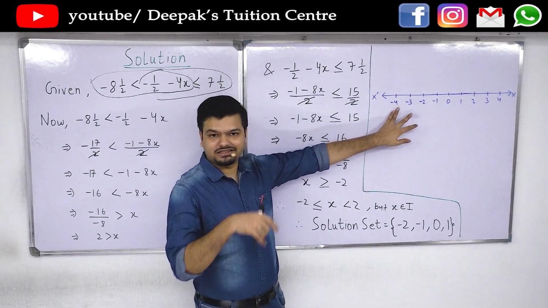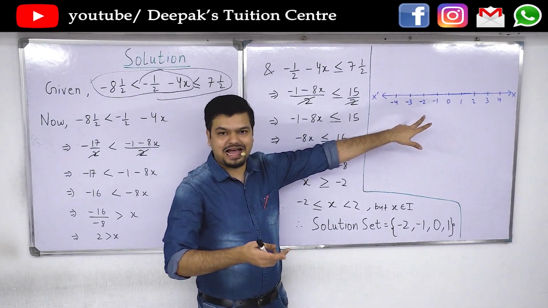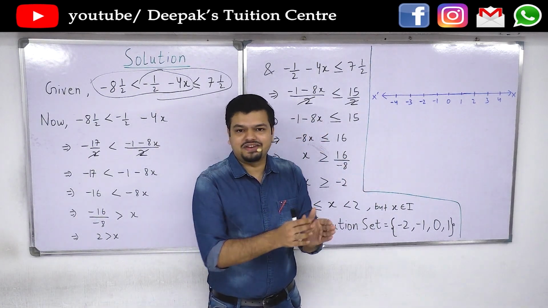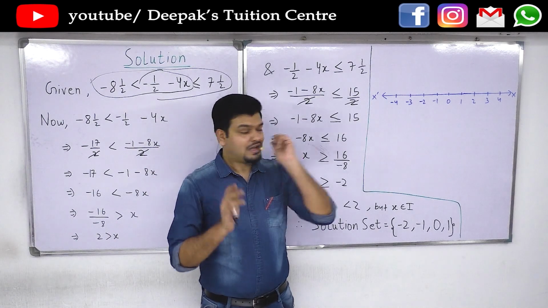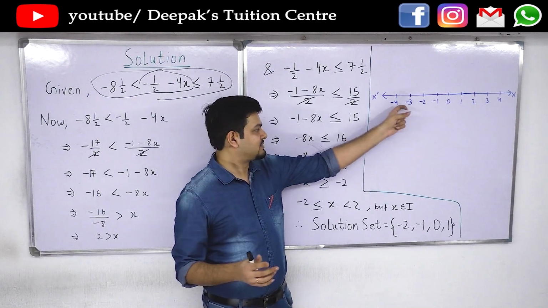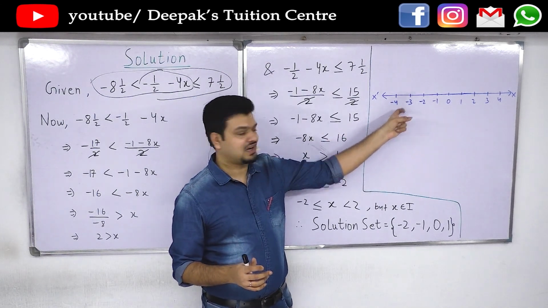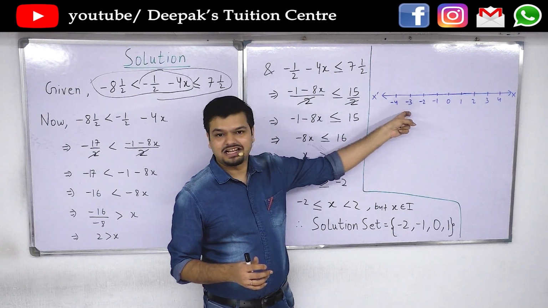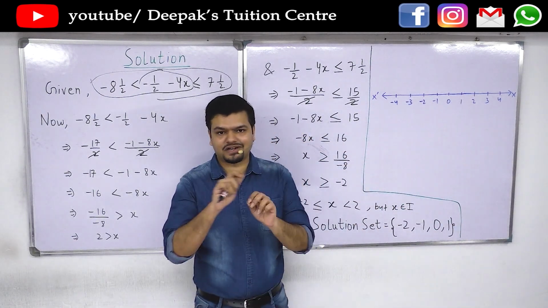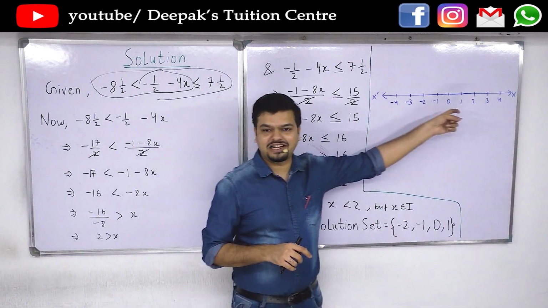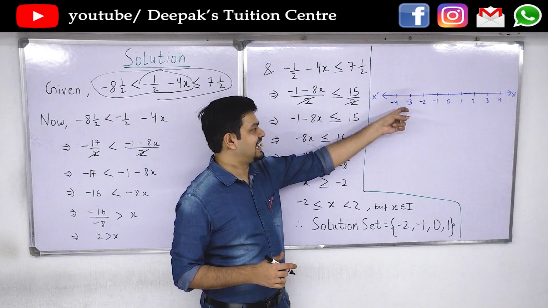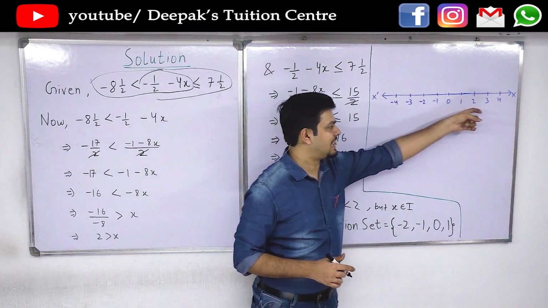So you mark the first marking, and then take a fixed gap and mark again. So basically you need to mark every gap with equal distances. The best distance according to me is 2 centimeter, but you can choose accordingly. So you mark the first gap, write it as minus 4, then you mark the second gap and write it as minus 3. You take that fixed gap and mark everything. Use a proper scale for the marking. I prefer using a 2 centimeter gap for every integer, but you can choose otherwise, not a problem. So basically minus 4, minus 3, minus 2, minus 1, 0, 1, 2, 3, 4.